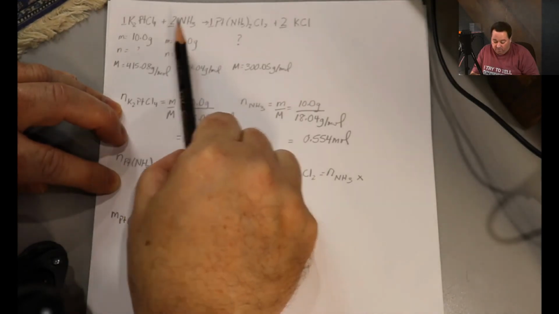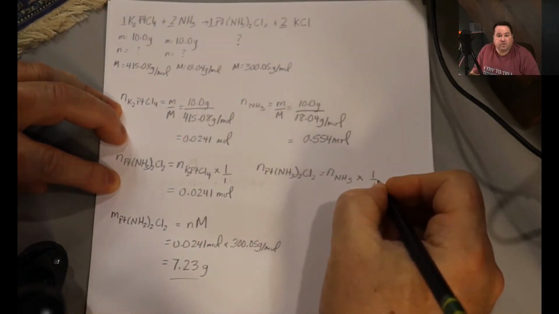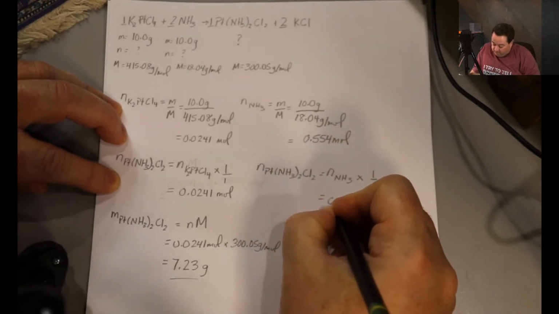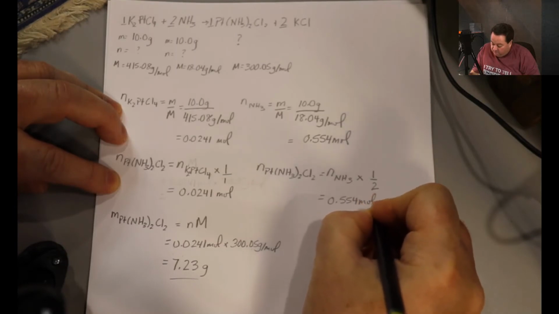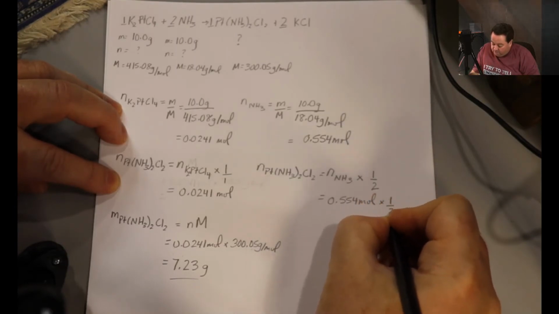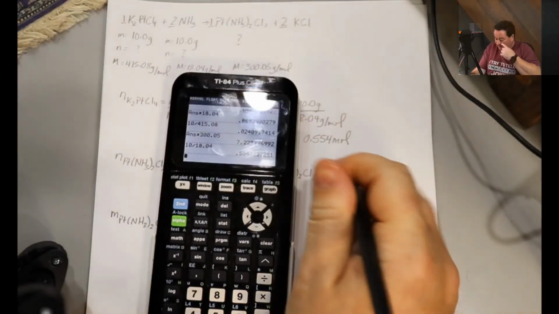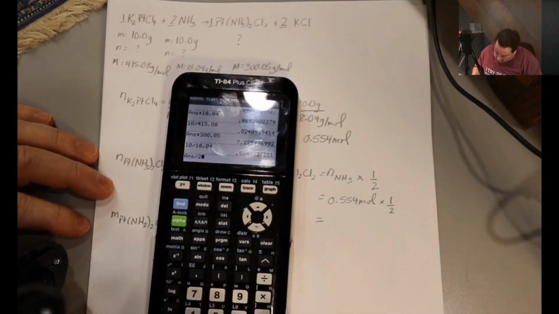So 1 over 2. Very important that you get the order correct there. 0.554 moles times 1 over 2. So if we take that last answer and basically divide by 2, we're going to get